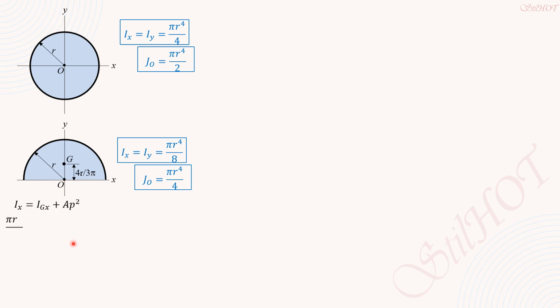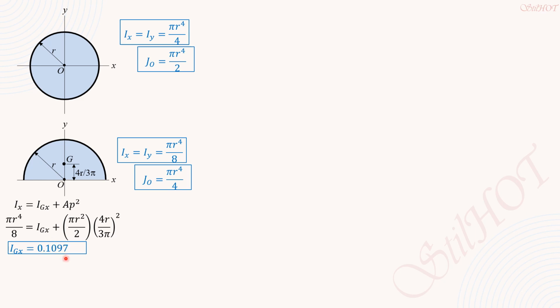Substitute into this formula: πr⁴/8 equals IGX plus πr²/2, the area of the semicircle, then the quantity (4r/3π) squared. So π/8, because we have r to the fourth also here, π/8, if we simplify this, is 16 over 2 or 8 over 9π because we can cancel π. So π/8 minus 8/9π, then times r to the fourth. So IGX therefore is